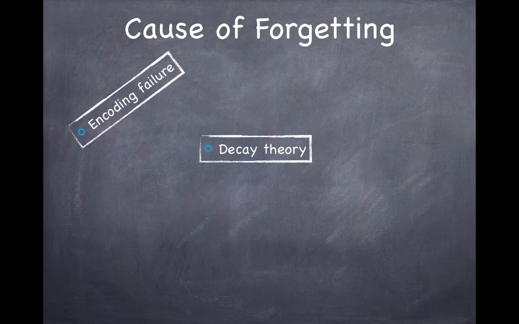Now there's another source of forgetting. It's called interference. And interference is what you might think, that information interferes with each other. There's proactive interference and retroactive interference. Now, proactive interference is the first learned, and the first interferes with the second. Whereas the retroactive, it's the second that interferes with the first. So either the first interferes with the second, proactive, or the second interferes with the first, retroactive.